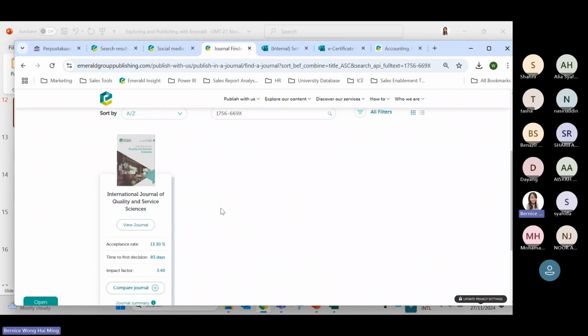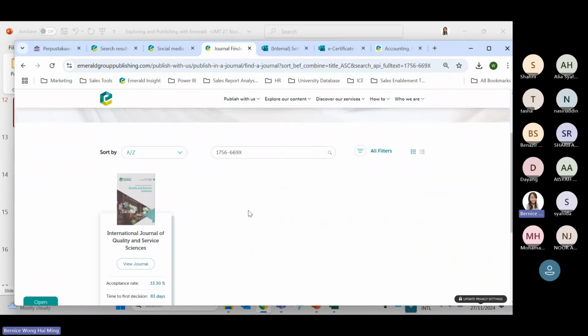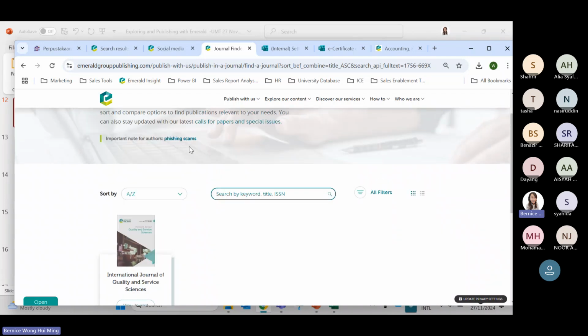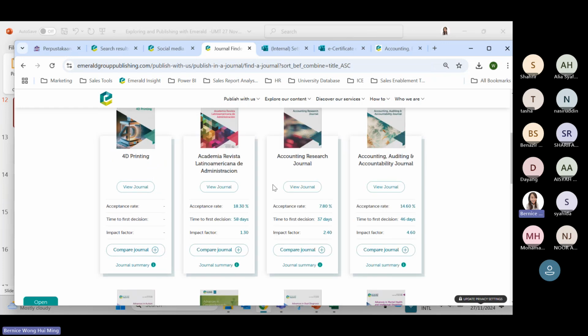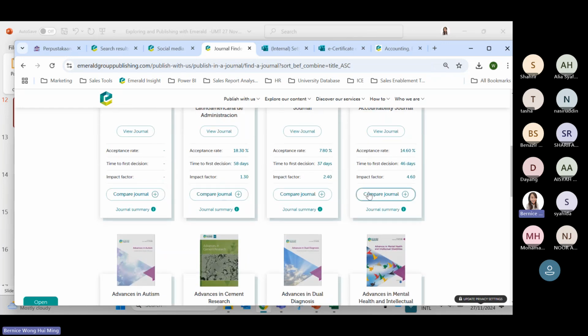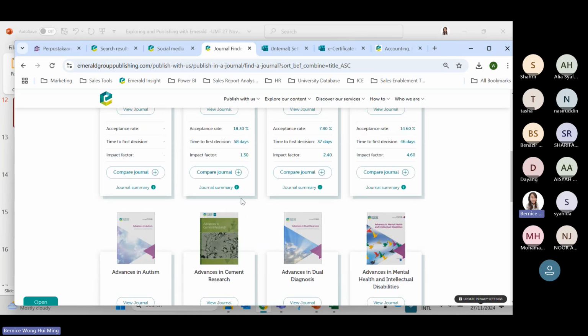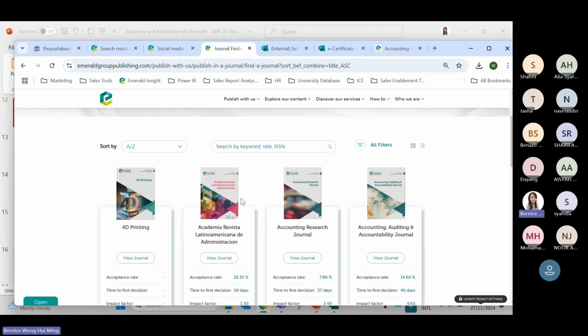Okay, so I already get through some of the journals I want to publish. For example, I want to compare up to four journals. Okay, you will see here there is a function for compare journal. So for our journal finder platform, you can compare up to 4 journals and which one is more preferable by the author to submit. So how can this be done? So just now I have one journal. So for example, I already can remember the 4 marketing journals that I want to publish.